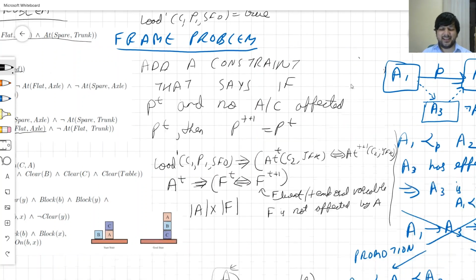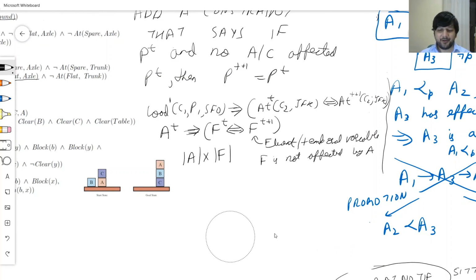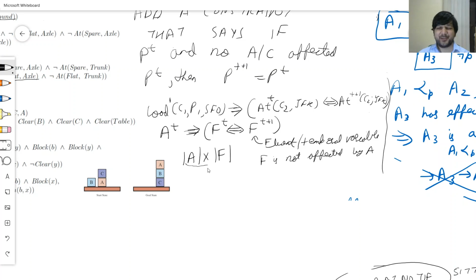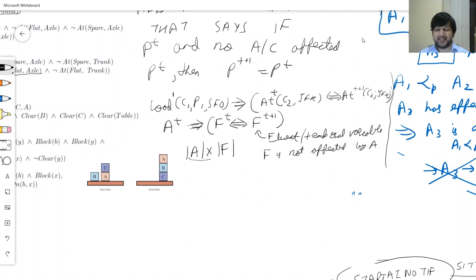And the answer is yes. So I'll try to get rid of one of the multiplicative factors of this, A, because the number of substituted actions is too many. It's not two actions, it's all the ground actions, and the fluents are also too many. The number of variables is just too many. So what I'll try to do is get rid of at least one factor, and let's do it. So I say my improved representation